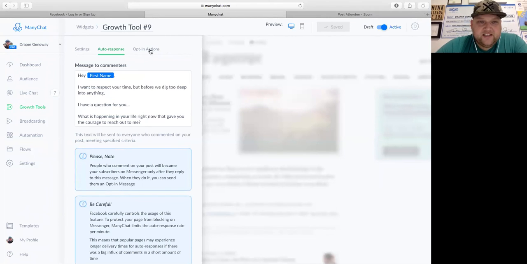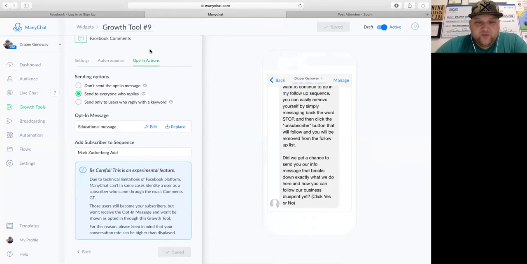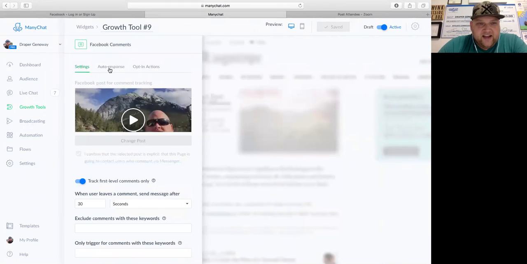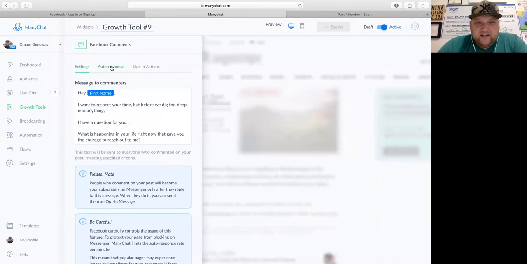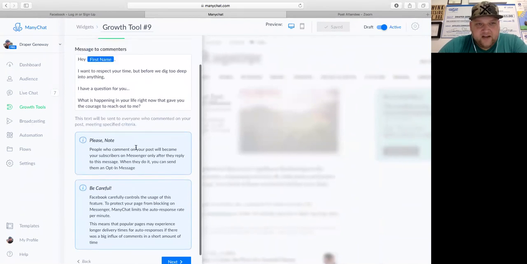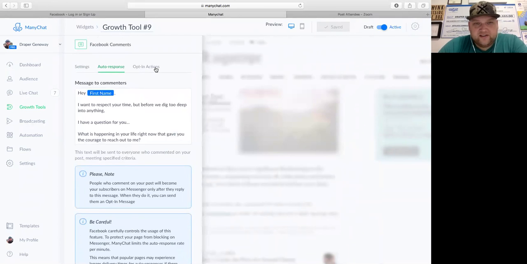But just to get started, it's super easy to just have the basics done, right? Which is basically doing the growth tool 9 in a sense, right? They come in, you pick an ad that you're running, you set up an auto response just to respond to them within basically a minute or two, right? So they'll ask for info, it'll send it. Then from there, you can pick up and have the conversation with them. You can also set it up where it's when they comment.